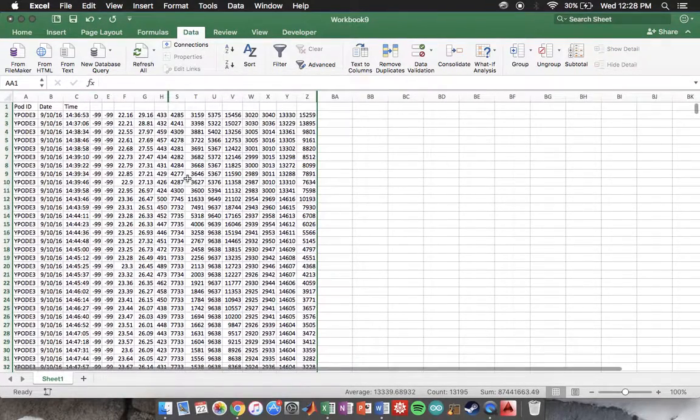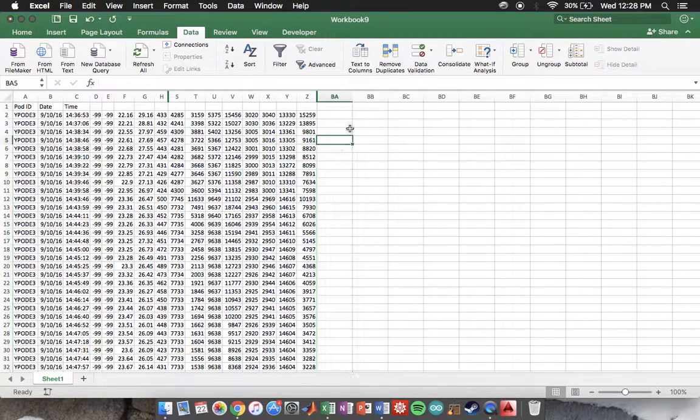So already the data looks a lot easier to look at. So from here, inserting a chart is really easy. All you have to do is select, I'm going to compare time versus one of these values, and I forget what the values are, but inserting a chart is the same for all of them. So if you're on a PC, you can hold the Control button and select both columns, and if you're on a Mac, you can hold the Command button and select both columns. And once you do, you're going to go up here to the Insert ribbon,